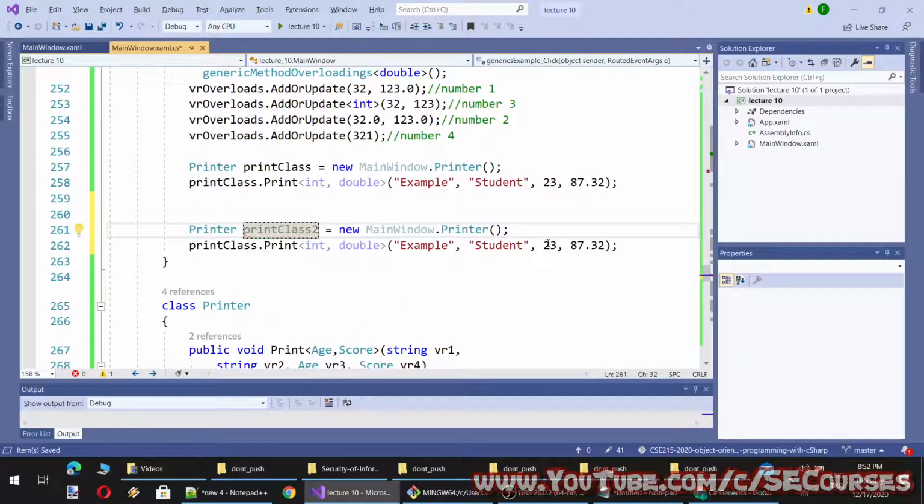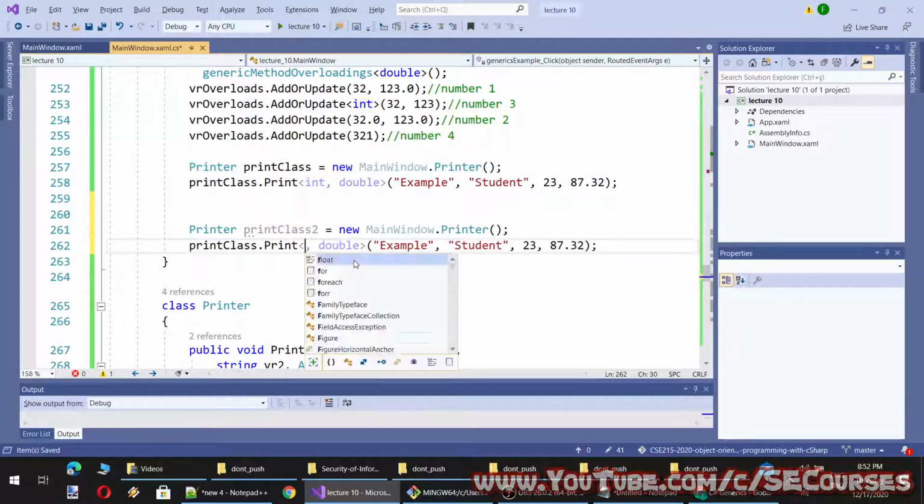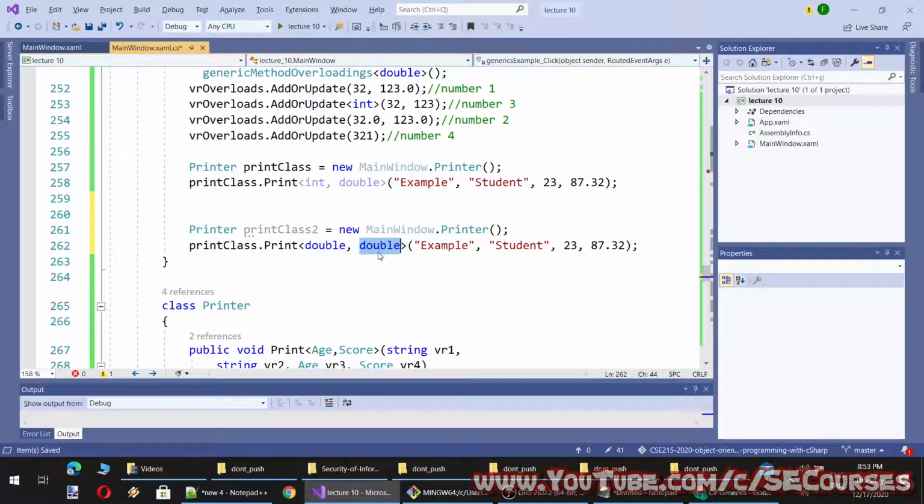Okay, and in another case I can make it like this: printer class 2. This time I will use double and let's say integer. So now I can define a double age and integer score. Let's say example to student.